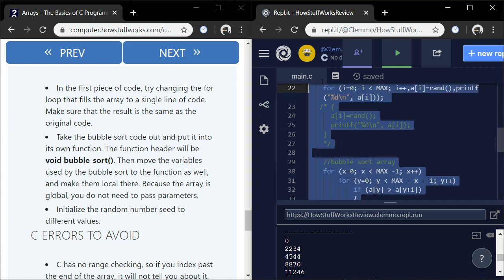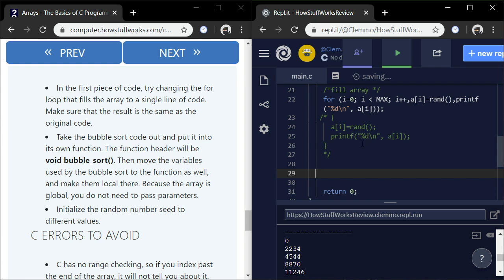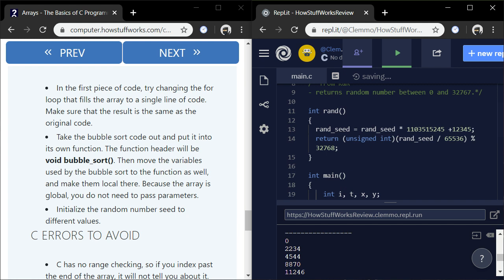Okay. This one I have much less confidence about because the instructions are a little unclear for my liking.